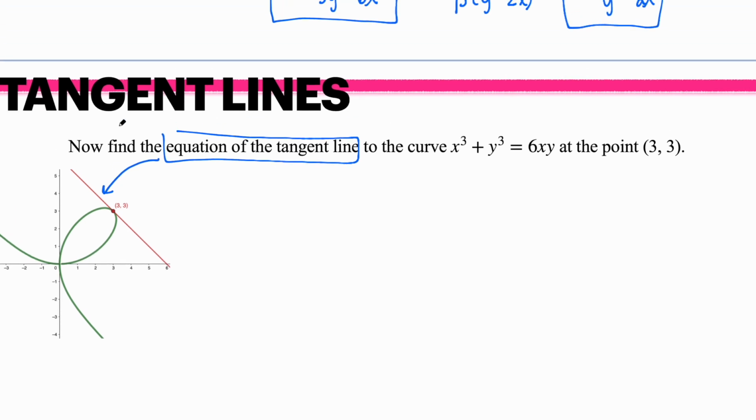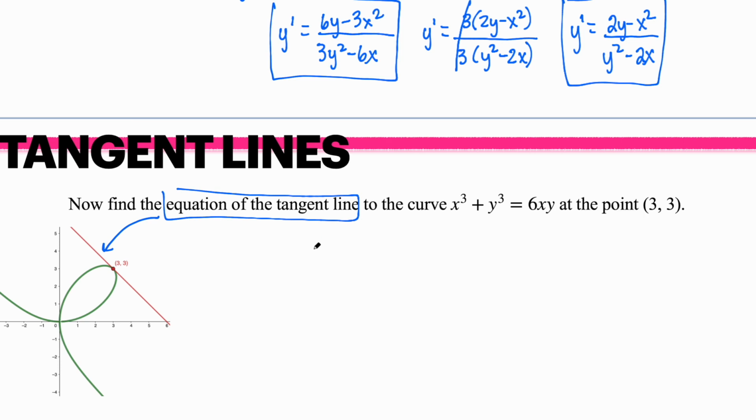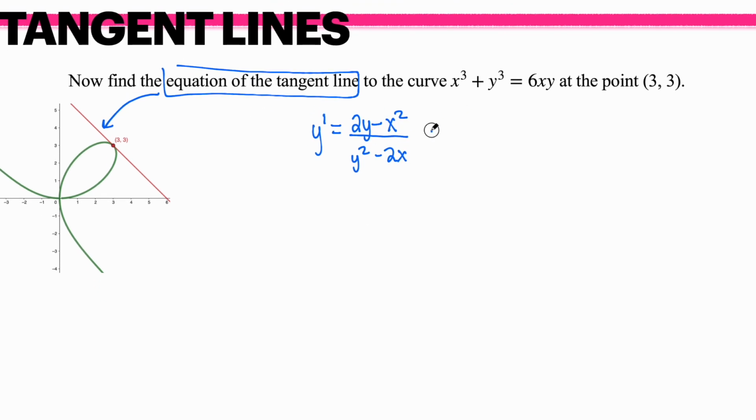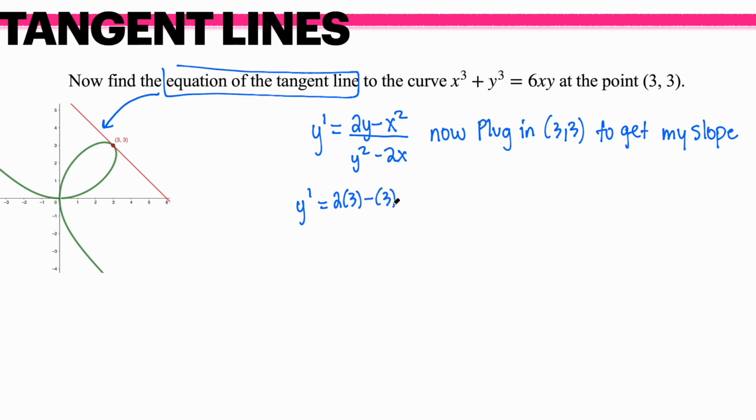So what we're going to do is bring down the fact that I know the derivative is 2y minus x squared over y squared minus 2x. I know that that's the derivative. And now I'm going to plug in (3, 3) to get my slope. Because remember, derivative means slope. So I'm going to plug 3 into y, 3 into x,